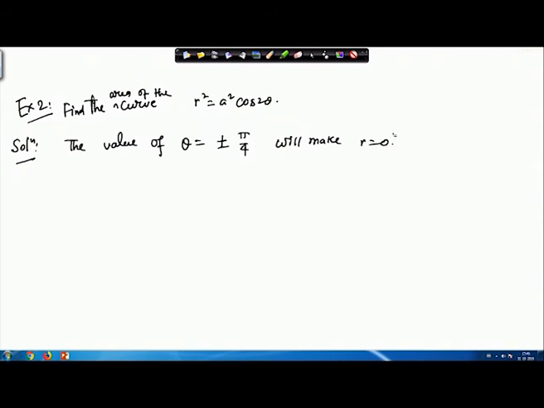So, the curve is symmetrical about the initial line, and then the required area